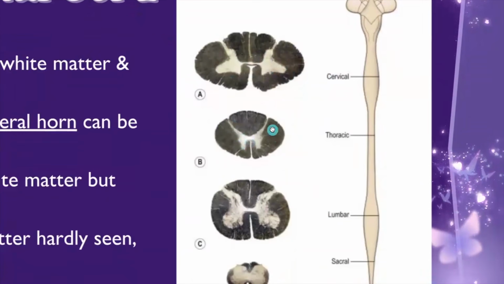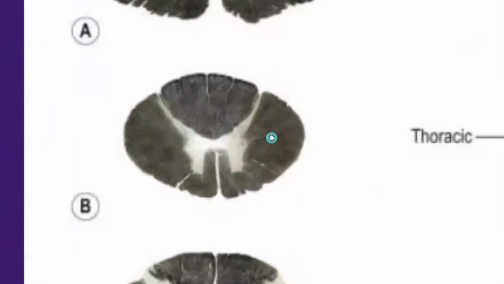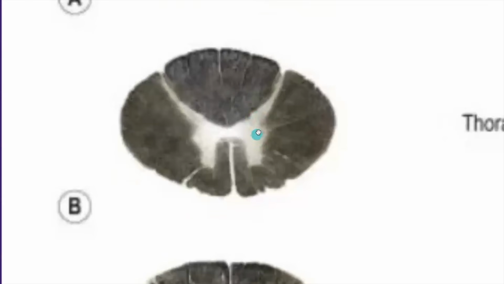Now, in the thoracic segment, a distinguishing feature is that you can easily tell it apart from all the other segments because of the lateral horn. The lateral horn would contain the preganglionic sympathetic fibers. And you can also see that the anterior horn barely has anything. It's very small, and that is because there aren't many motor